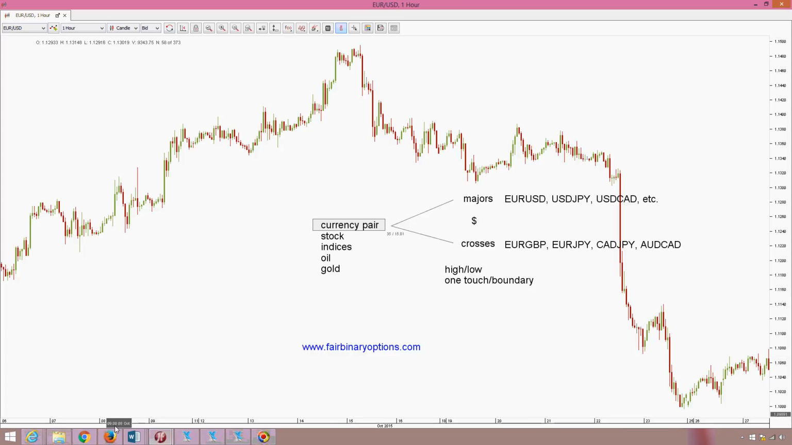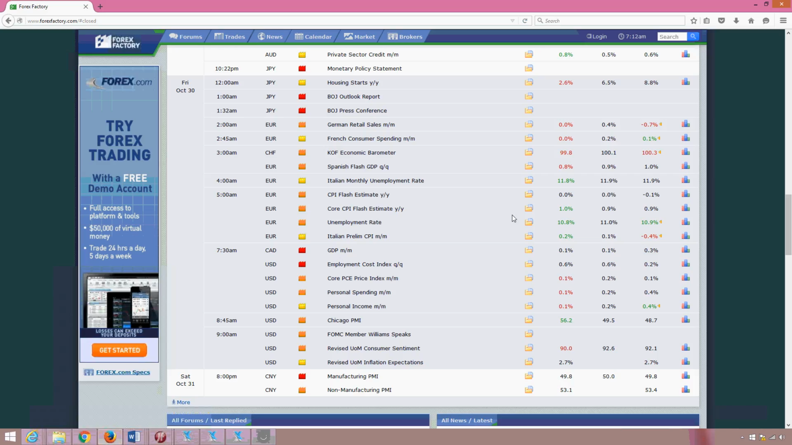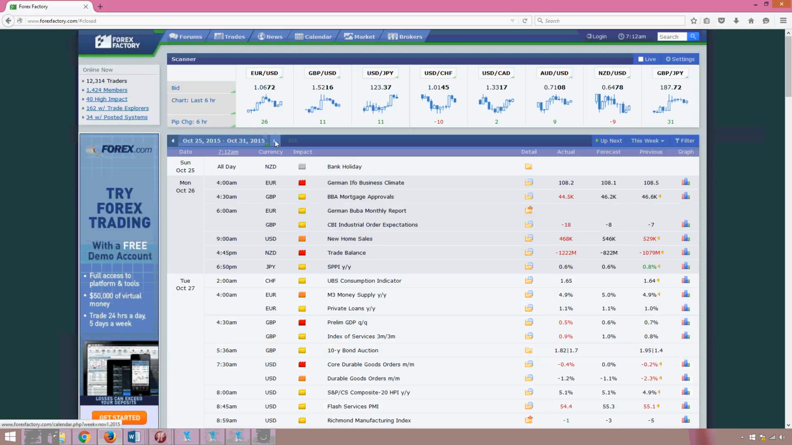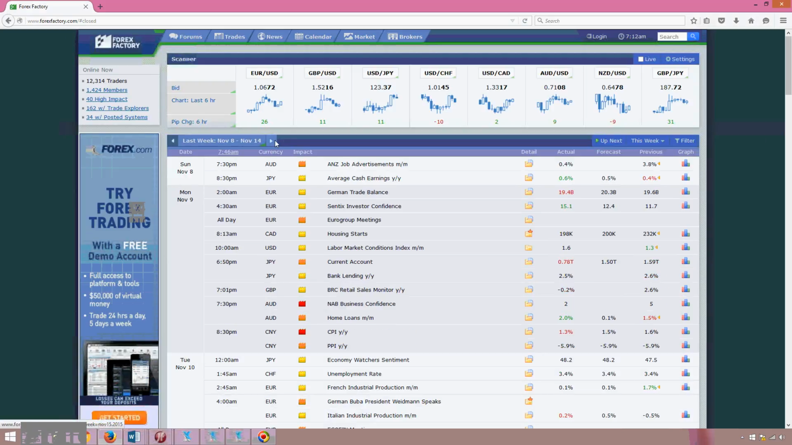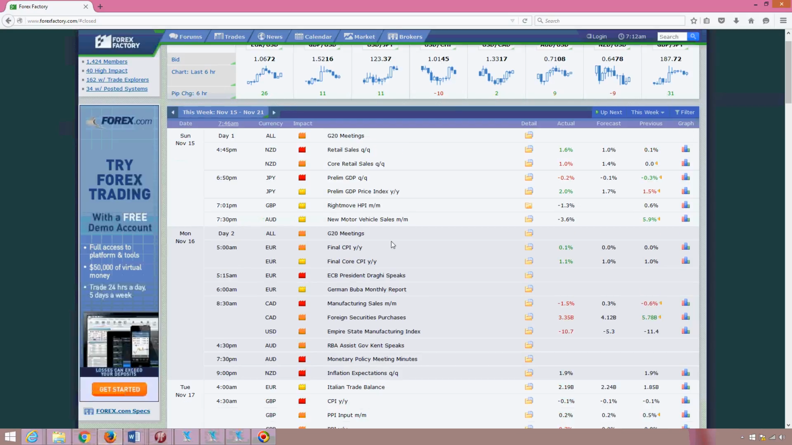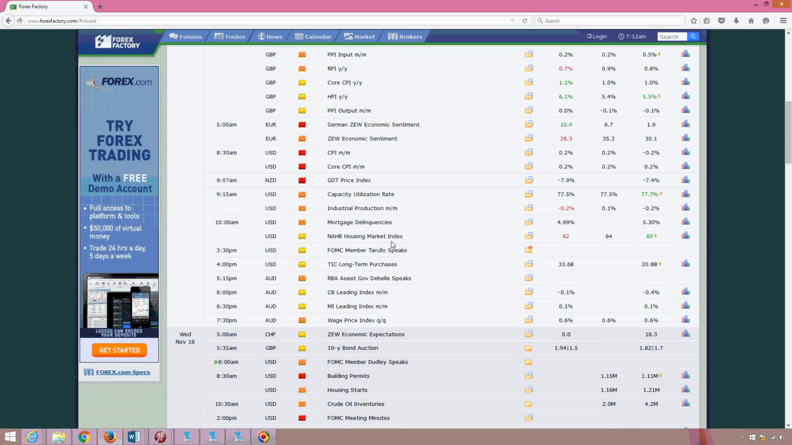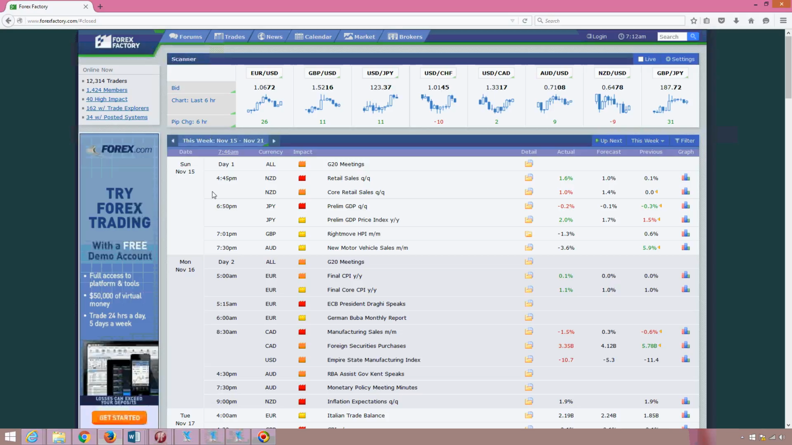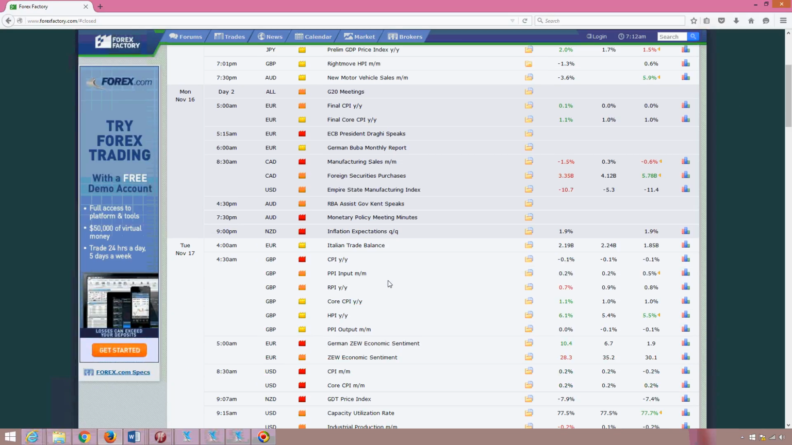The next thing to do is to go and look at the economic calendar. Let's go to this date, for example, for this week or for next week. And let's assume that over the weekend, on Sunday or on Friday, you are making a trading plan, and then you look at what the releases are